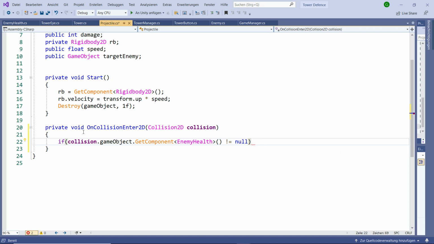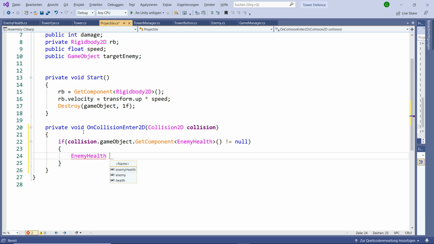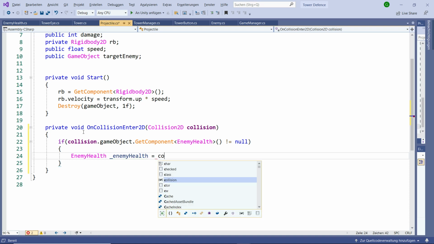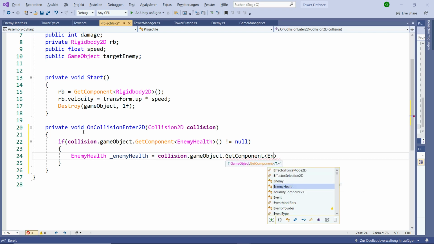So when we have an enemy, then we want to say enemy health, underline enemy health is equal to collision.game object dot get component enemy health